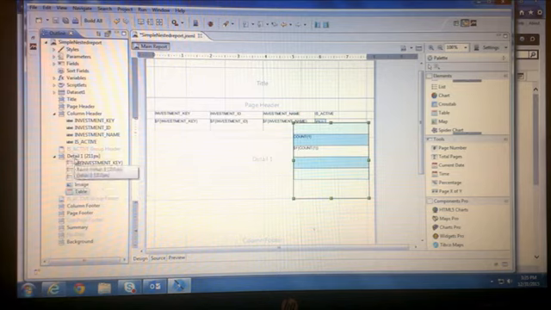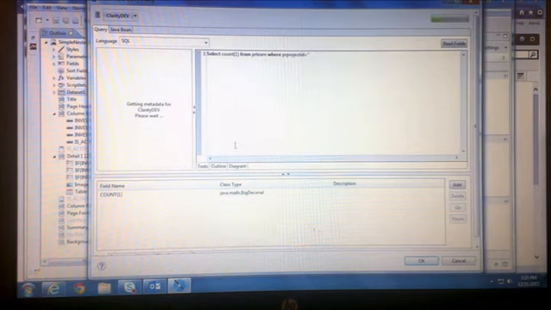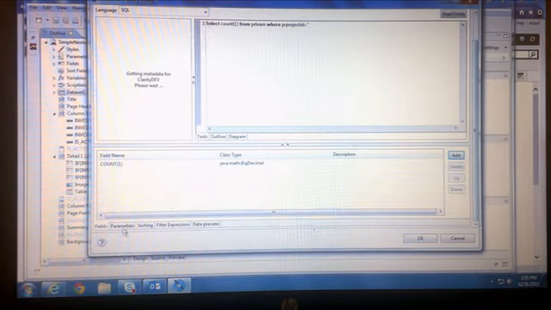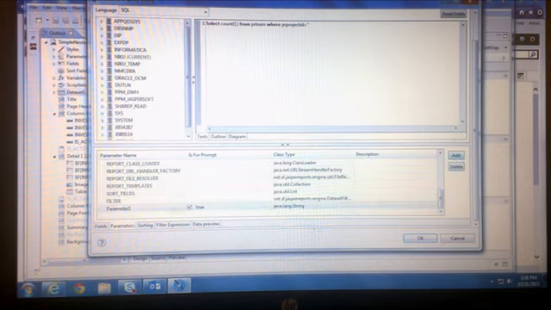So where is the dataset? Dataset 1, database query, and in this query, not showing up everything. So what I'll do is click on parameters, add a parameter, and that parameter will be PR project ID.